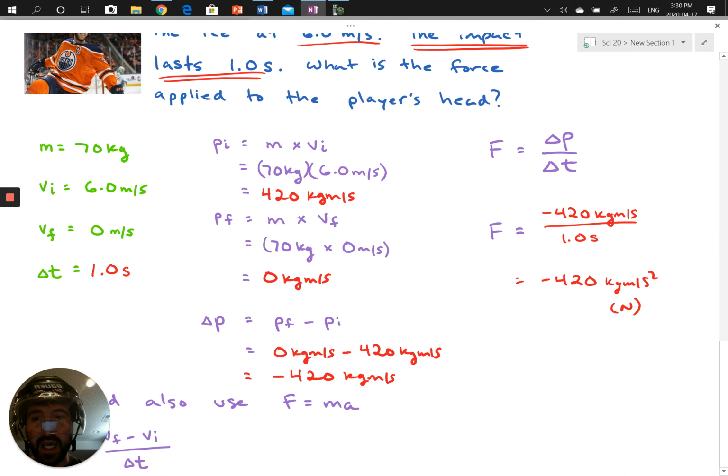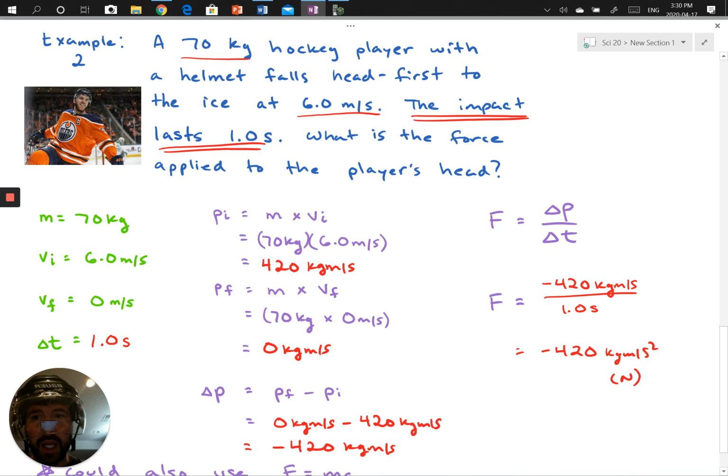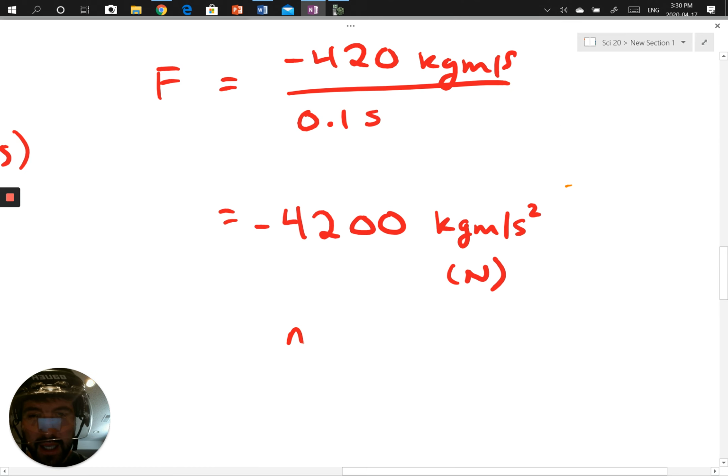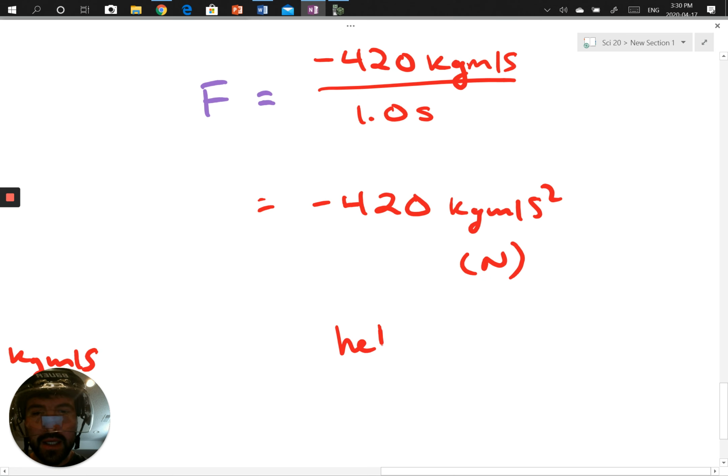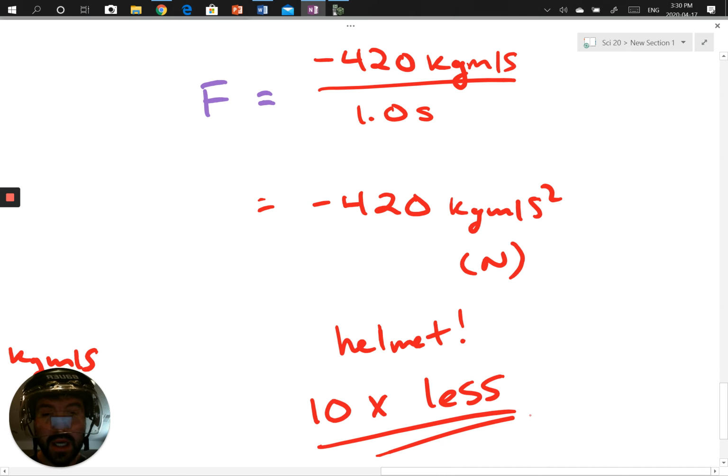So when we look at Craig MacTavish with no helmet, he is going to be feeling that much force against his head. When we look at Connor McDavid, who is wearing a helmet, he's going to be feeling only 420 newtons, which is 10 times less. So the point of the cushioning that's in the helmet is to slow down the impulse so that we can decrease the force. If you increase